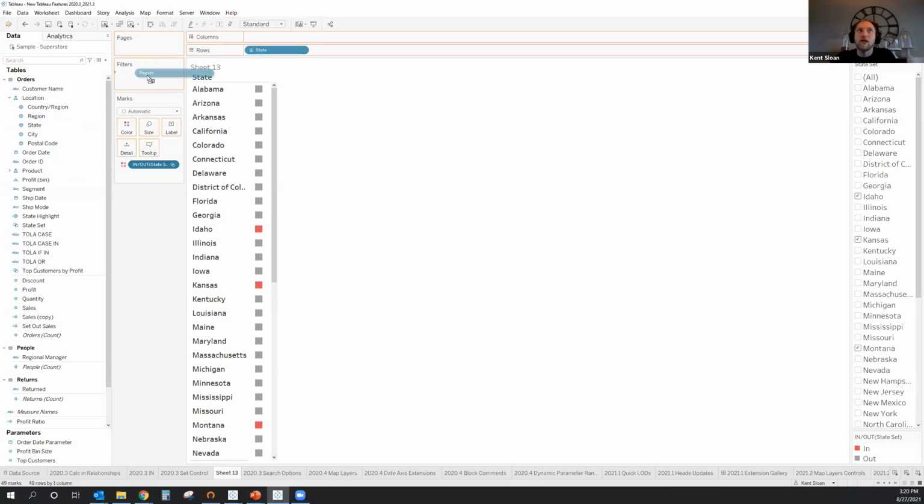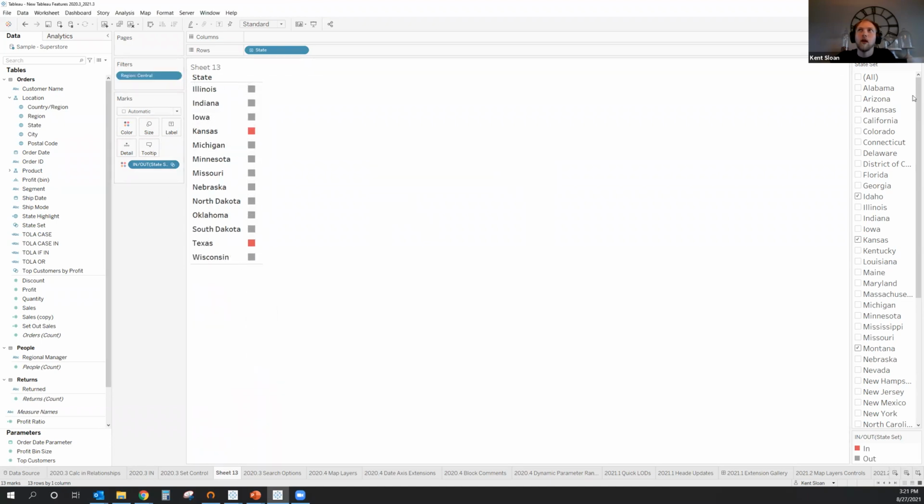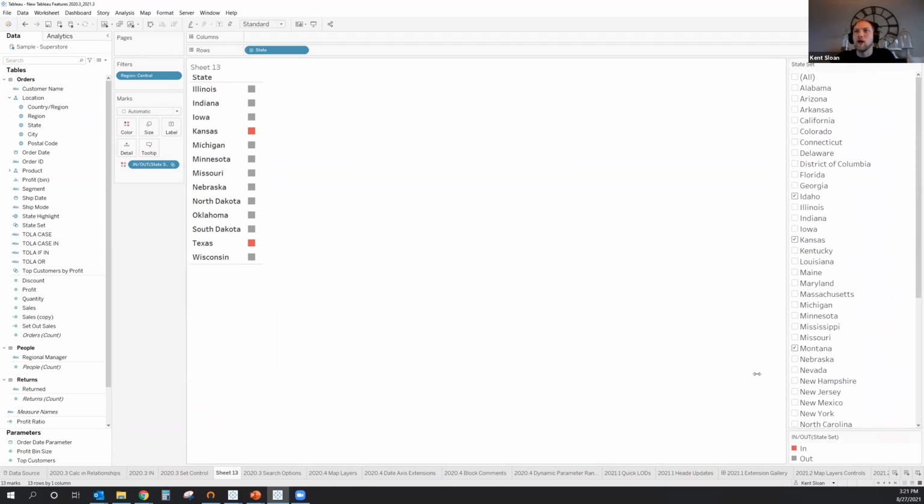The actual new change that was made with this version is this: if I were to filter this to say the central region, my set list here is reflecting all 50 states. So I have to scroll through the full list. It doesn't really help me in that it's showing all of these different states. The improvement is that now if I add this regional filter to context, I have to come in here and adjust this to say all values in context. This option was not here before I set this field to be in context. So you have to set something in context first, then go update the set.